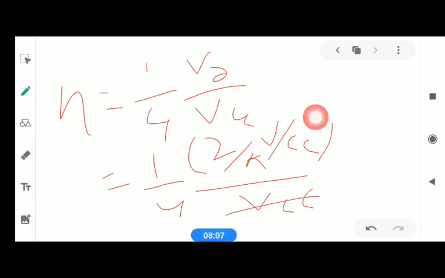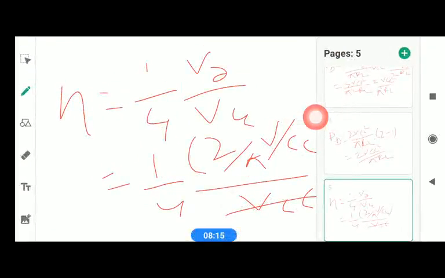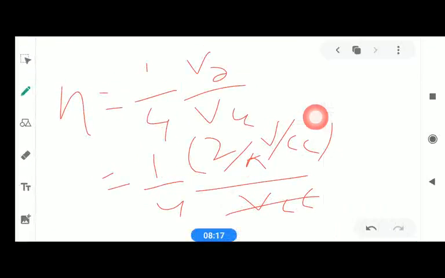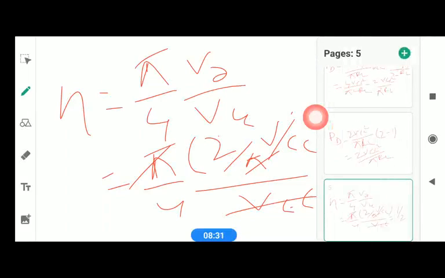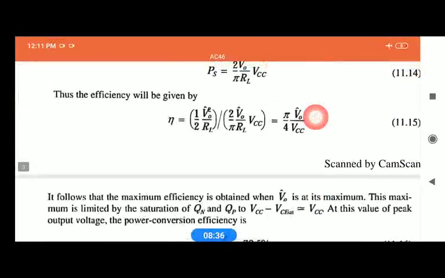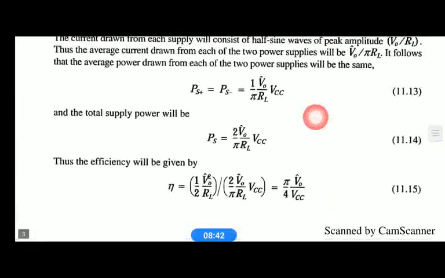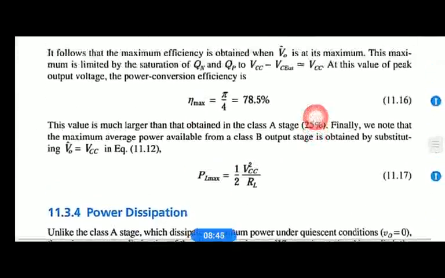Pi is there here, right, in the equation. We have a pi here. This pi gets cancelled, this VCC gets cancelled, then 2 by 4 remains, which is 1 by 2, hence the efficiency is 0.5, right. So the percentage of efficiency is 50%. Therefore when PD max, the maximum power dissipation, is there, then 50% efficiency will be there,